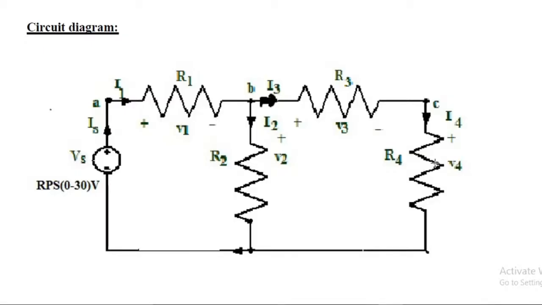Let us see the basic terminology, the theory. Network topology is a property relating to the placement of elements in the network and the geometric configuration of the network. Such elements include branches, nodes and loops. A branch represents a single element such as a voltage source or a resistor. A node is a point of connection between 2 or more branches. That means if 2 or more branches are connected at a point, that point is called a node.